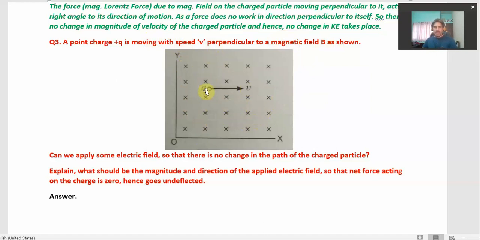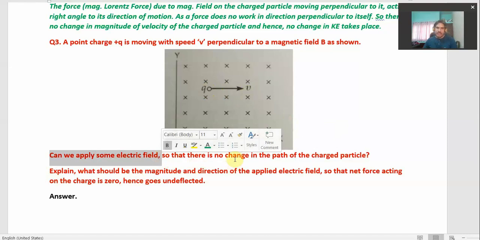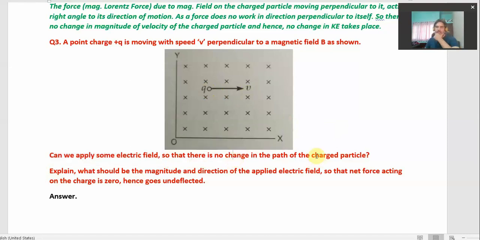And the charged particle is given to be moving along this direction with velocity v. So this is the situation we have in this question. It is asked whether we can apply some electric field so that there is no change in the path of the charged particle. We know that in the present diagram,